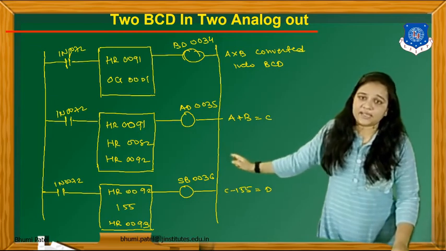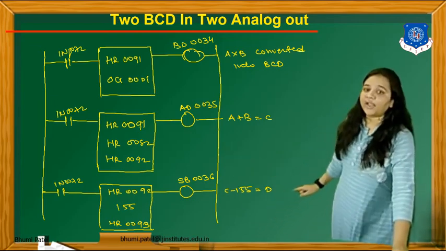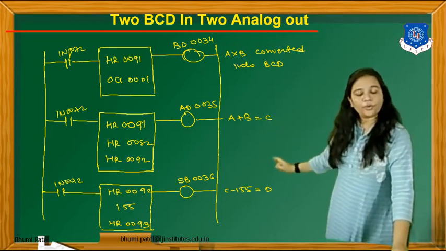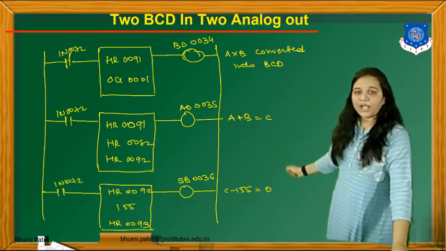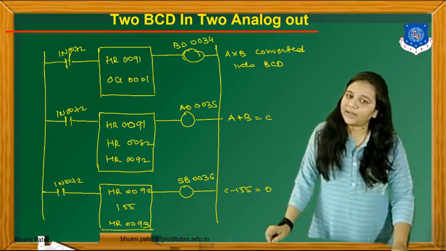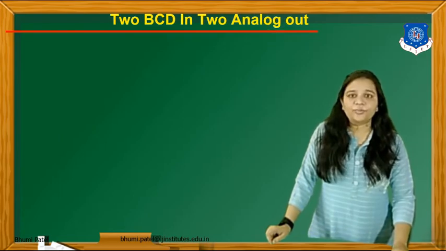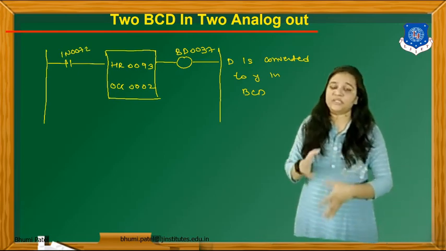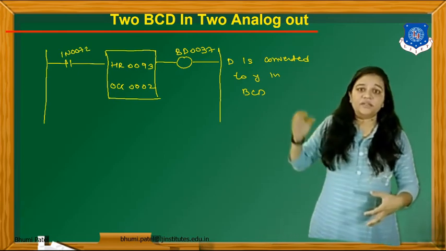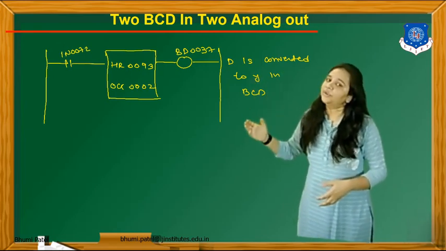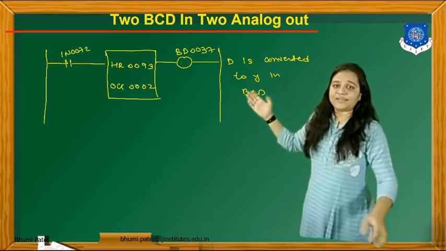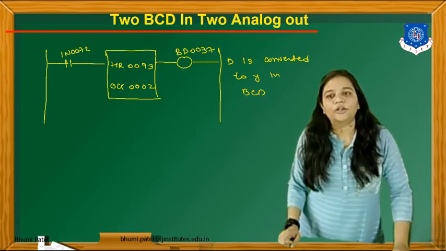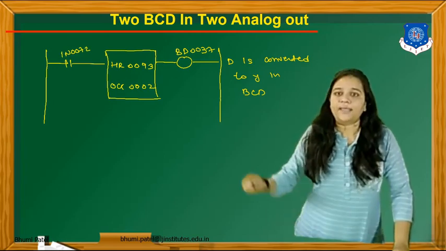Now whatever answer is there, we have to subtract with the 155. So we have to take HR0092, then 155, it is my operand number 2, and we have to save this answer into destination HR0093. Okay, so using the two BCD to analog output, we have to convert this BCD into the binary. And the last step is D is converted to Y into the BCD number. So whatever destination address in the above rung HR0093 will be converted into OG0002